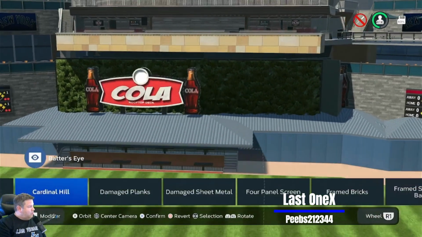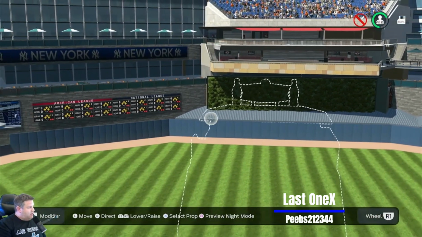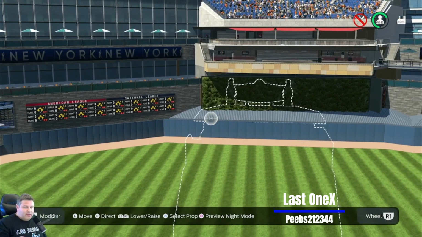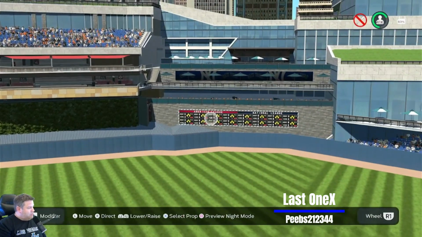And then I use the cola as kind of like a tin roof for the home run fence in there. I've been using the grass a lot. I figured I'd mix it up a little bit, just do something different. Of course, I'm using the facing a lot. Maybe I'm doing it too much now, but